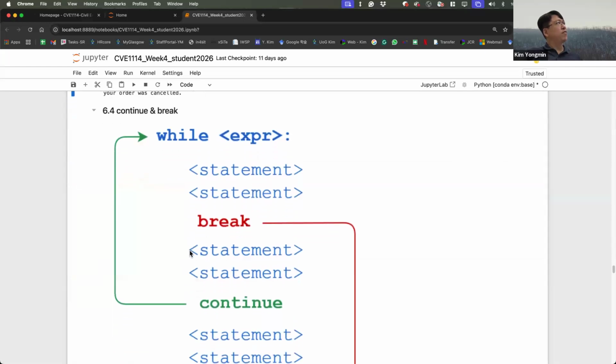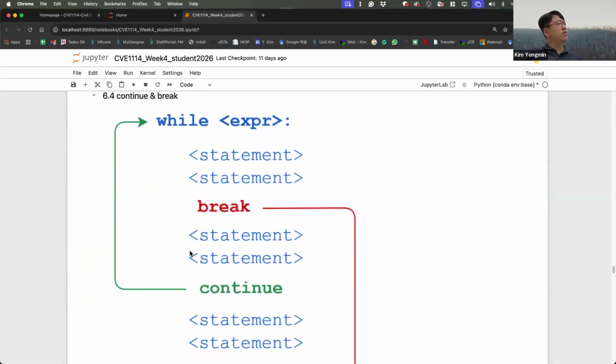Now we have very interesting functions, continue and break. The break statement immediately terminates your loop. Then program execution proceeds to the first statement following the loop body.